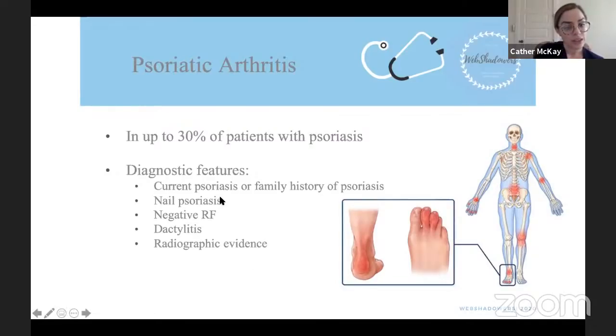You look at the nails. You can do rheumatoid factor. That's actually one of the criteria, that you look for it to be negative. If it's positive, then you're considering rheumatoid arthritis. Sometimes I do this, but oftentimes it's in conjunction with the rheumatologist. Dactylitis, which means acute swelling of a toe or a finger, is called a sausage digit. And then if you see radiographic evidence of psoriatic arthritis or enthesitis, that is also part of the